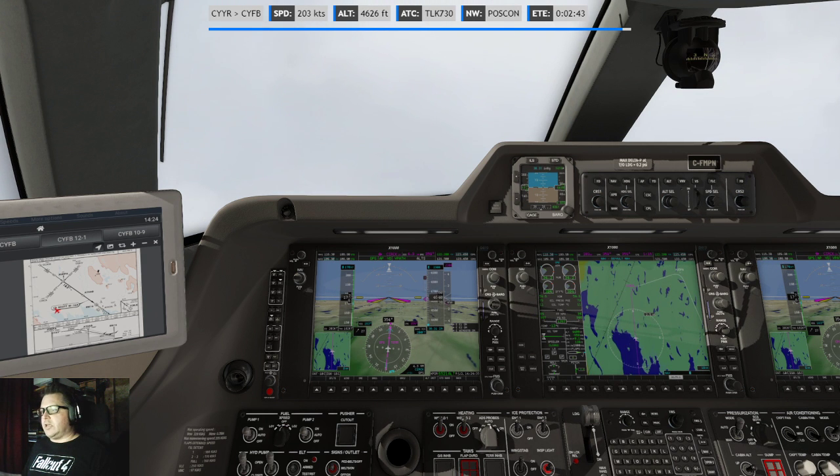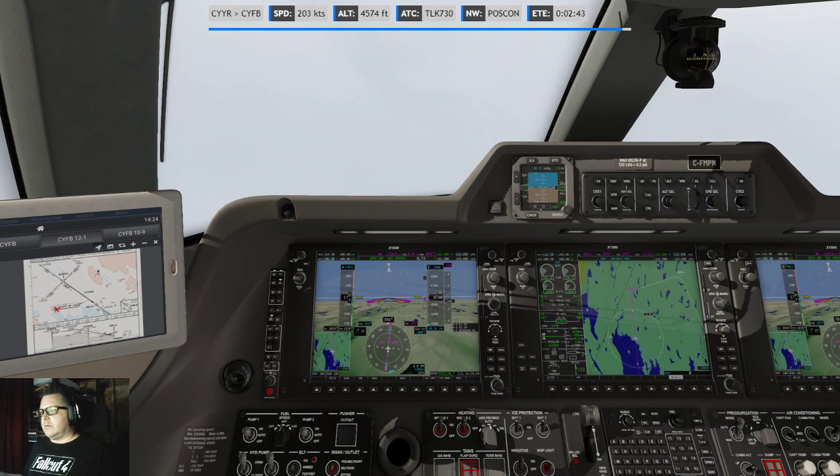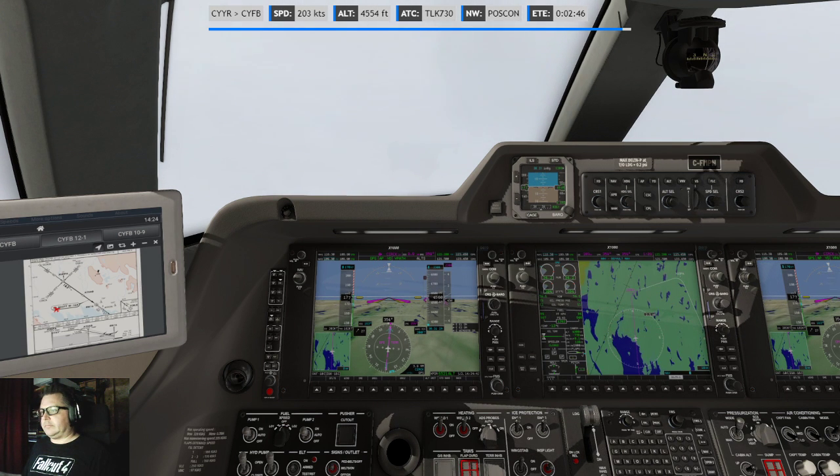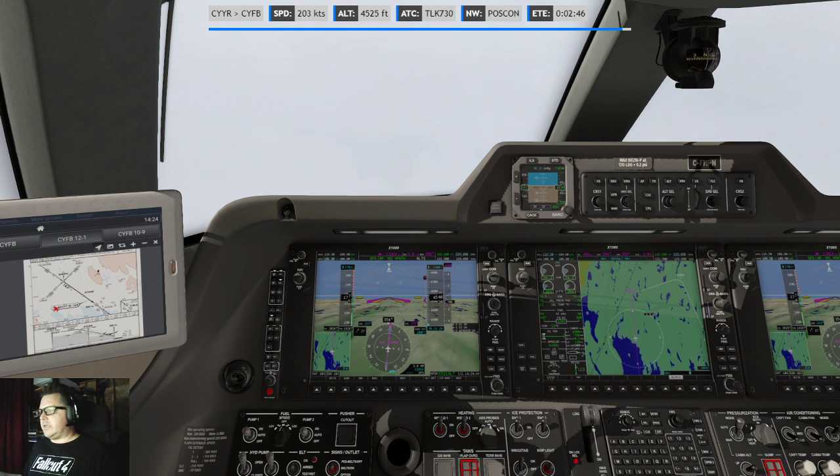And yeah, this is gonna be a fun one. All right, go flaps. It's gonna slow us down a little bit, I think.